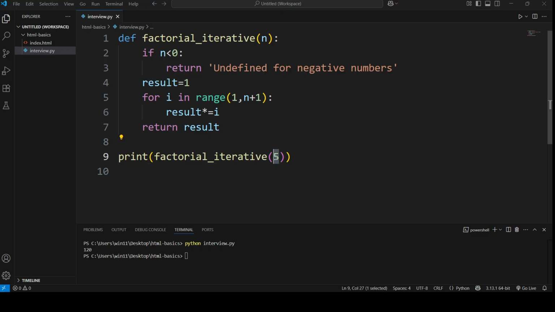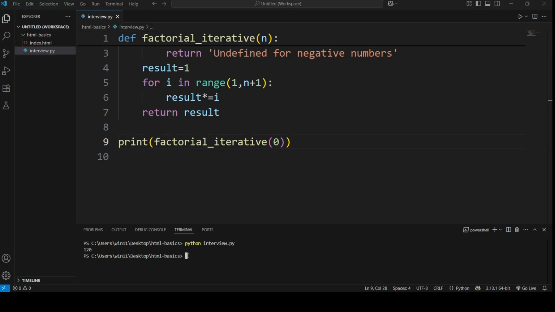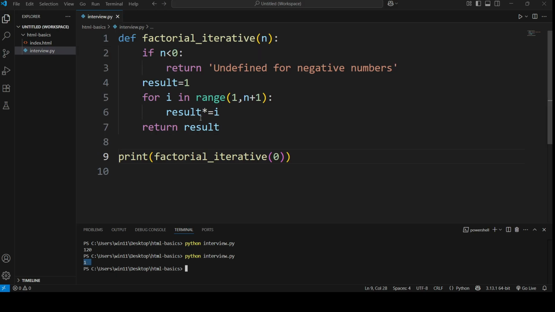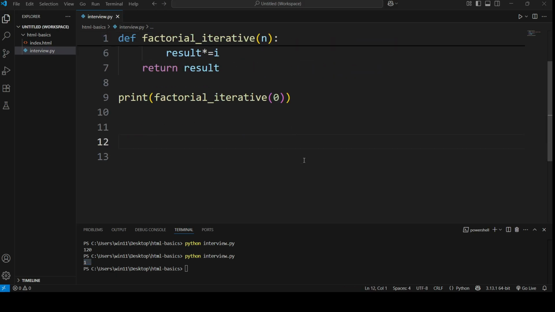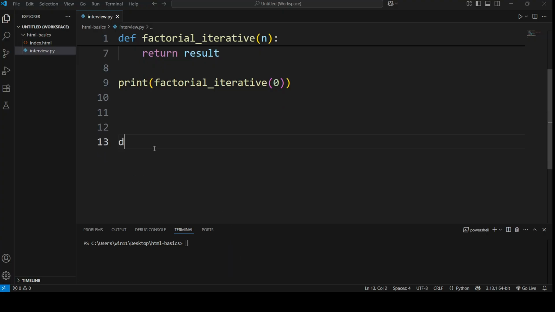Let's say if we pass 0, it will give 1 because we have assigned the result value to 1. Now we will solve this same problem using the recursive method. So I will define another function, def factorial_recursive,